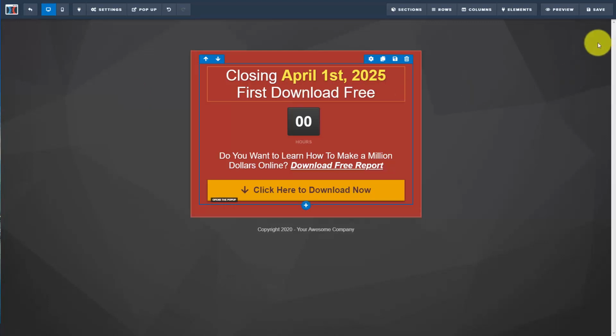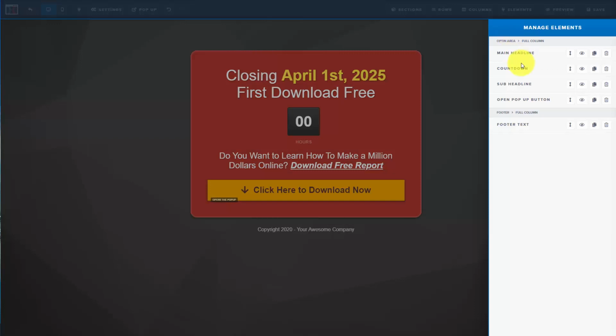Welcome back. You also have an Elements tab, and you'll be able to go first to manage the existing elements on your page. If you click this link, you'll be able to see all of the elements that are already on the page that you are working on. And what you'll see when we highlight one particular element is that that element is also going to be